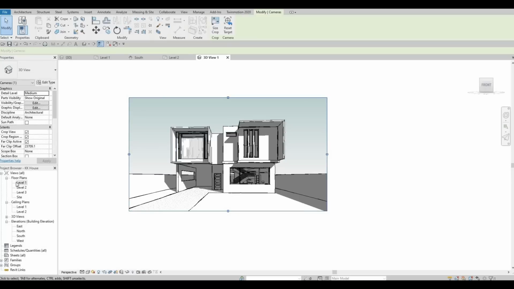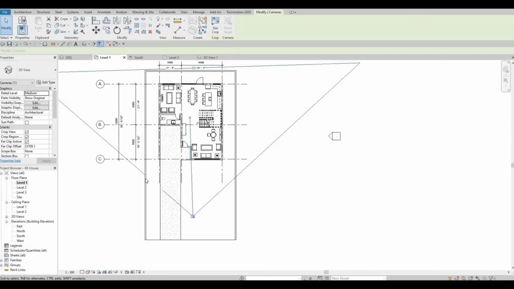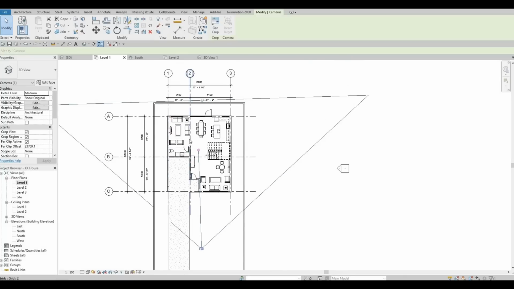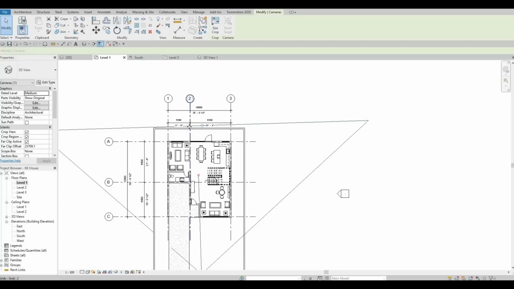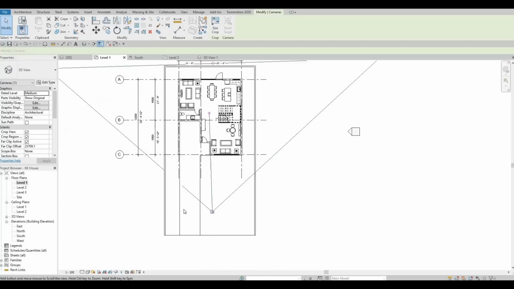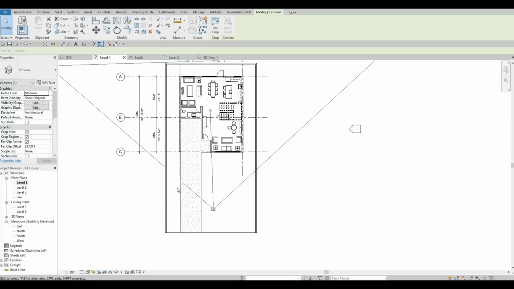So I could just leave it like that. So at least I know that my view will be good. It's up to me to add more components. Depending on how I like it, we could add in a swimming pool at the back or just leave it like this. And then also we could,